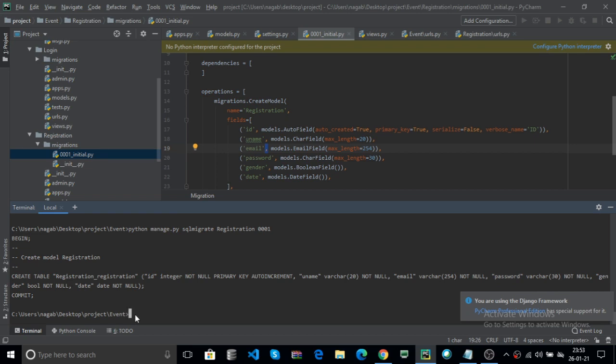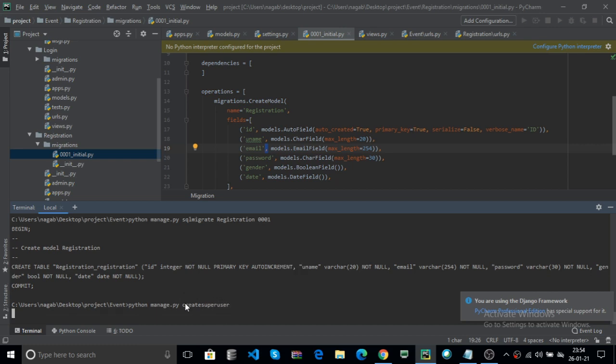Now how to manage your admin? Here you can use one command, that is createsuperuser. How? python manage.py createsuperuser. Now here it asks for the username. I already created one with my name. Here you can enter any name. For example, I use hello as the username. You can enter your name, your email address and your unique password.